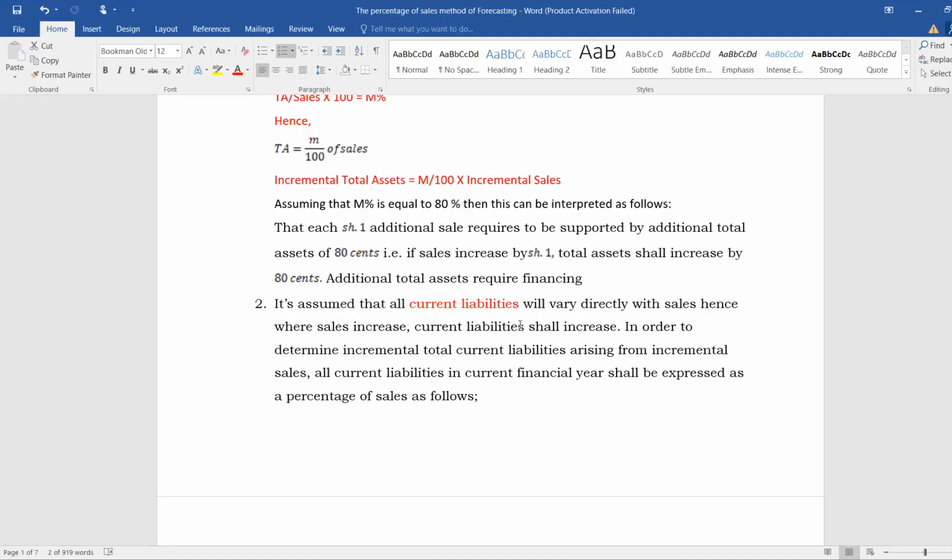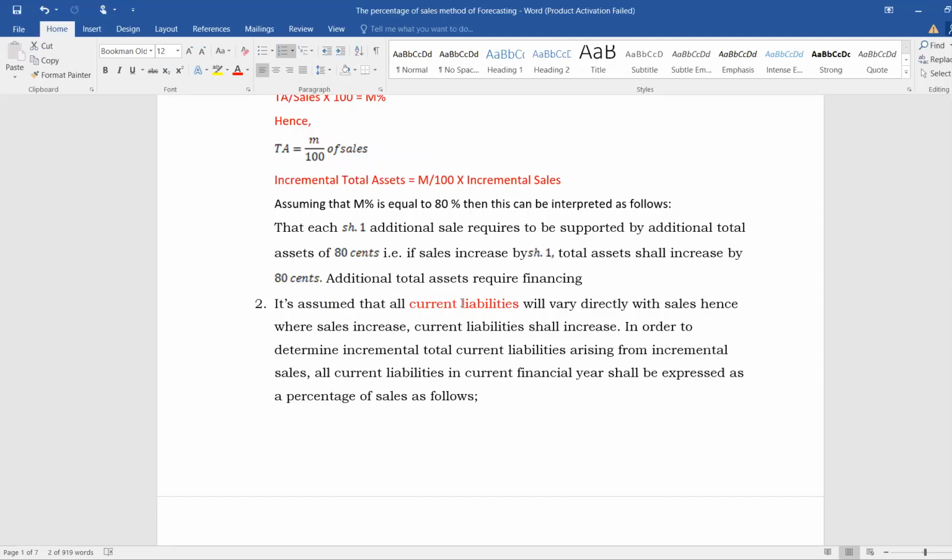And therefore, if we have an increase in the firm's sales, we expect the firm's current liabilities to increase. Now, we want to ask ourselves the same question we asked earlier. Now that a direct relationship exists between current liabilities and sales, and now that we expect the firm's current liabilities to increase if sales were to increase, then